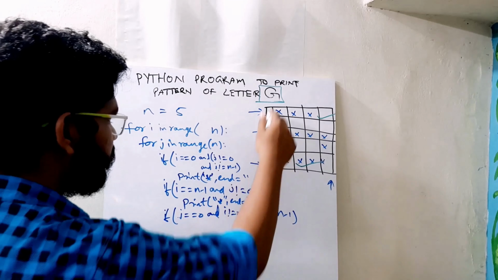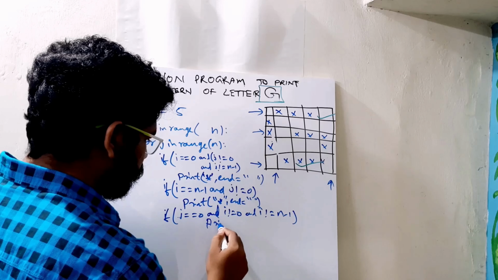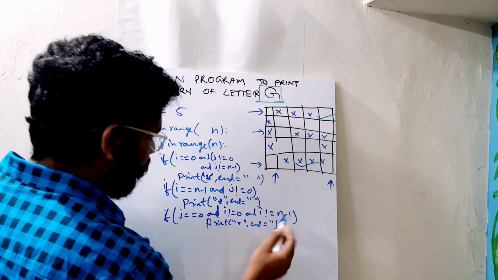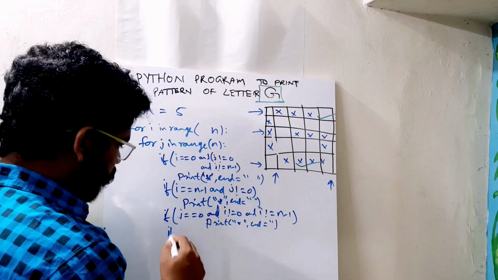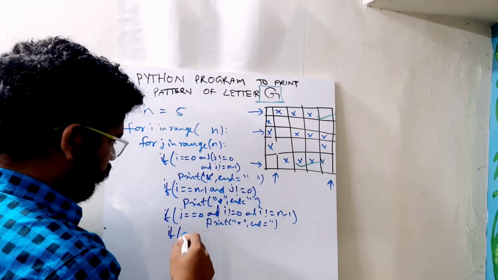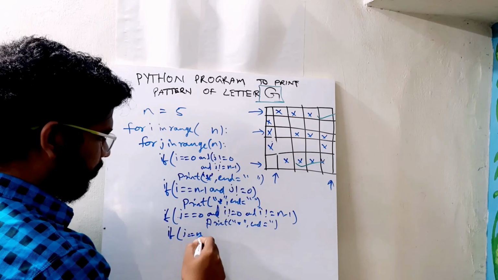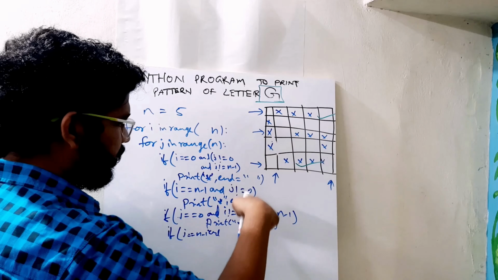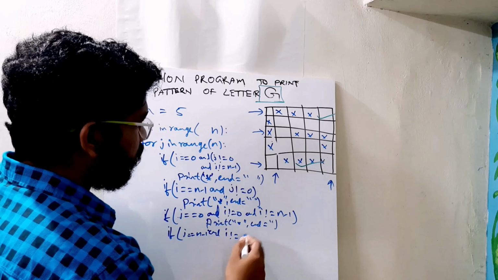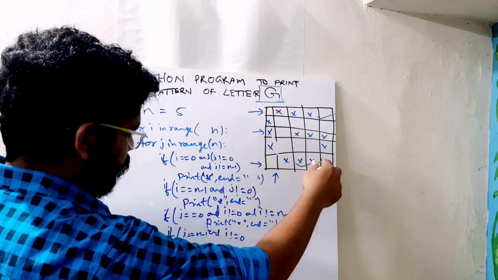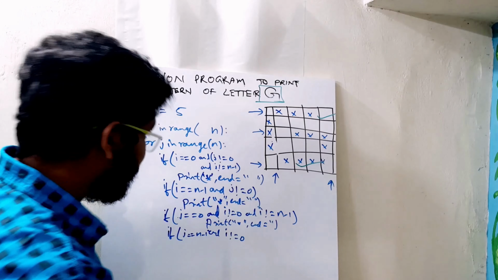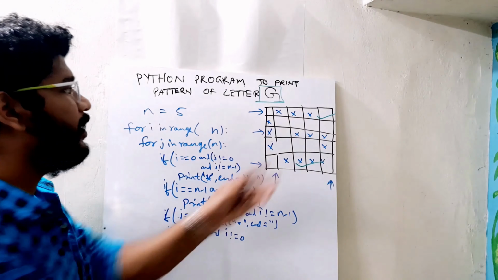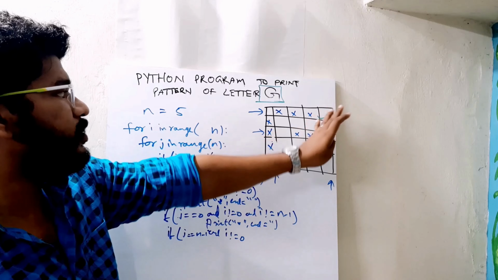Here this condition will print this first column. So similarly for the last column, instead of j equal to 0, I should write j equal to n minus 1. And similarly, the row condition, i should not be equal to 0. For the last column, there is a slight change. We don't want any of these first two rows to be printed.